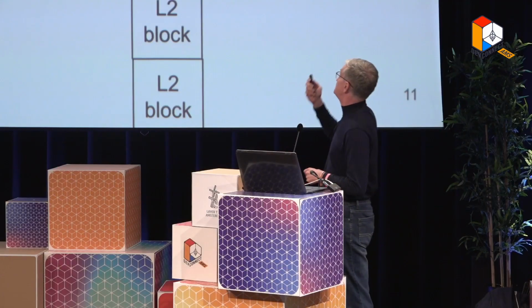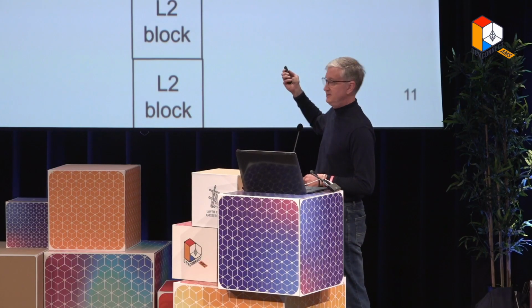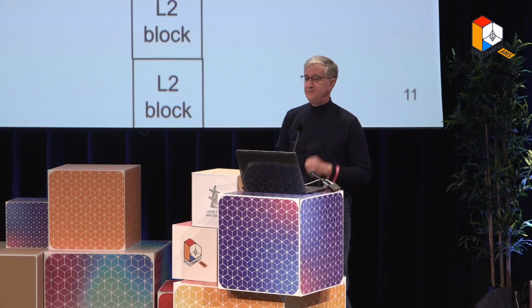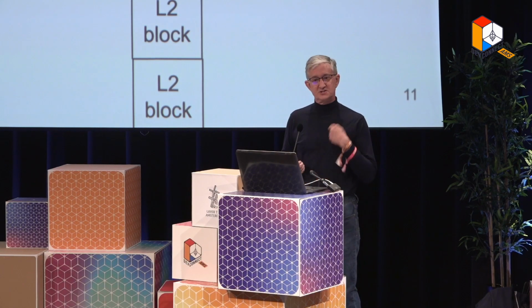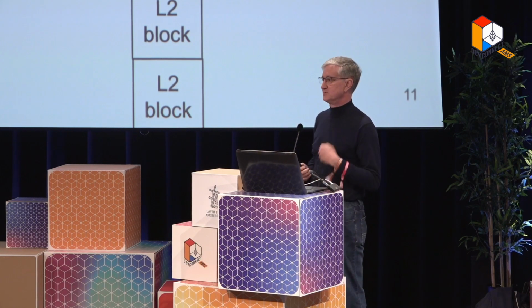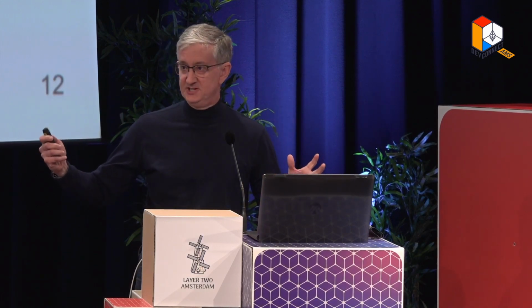Now, if you trust that soft guarantee from the sequencer, you know everything you need to know to execute the state transition function, keep your own copy of the state, and asynchronously keep up to date on what the state of the chain is. Right? So as soon as the sequencer publishes your transaction, you know what the result will be if you trust the sequencer's soft guarantee. The sequencer will then later, every few minutes, take a large batch of these transactions,